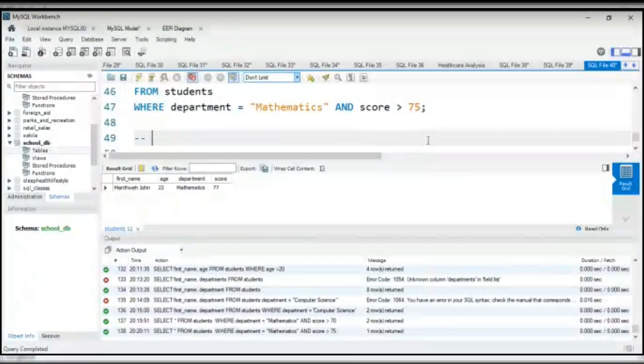You can also do OR, where if any one condition is true, it will happen. That's how OR is. Then we have NOT. NOT is a negation operator. If this is not true, do this, then this is true. So we have